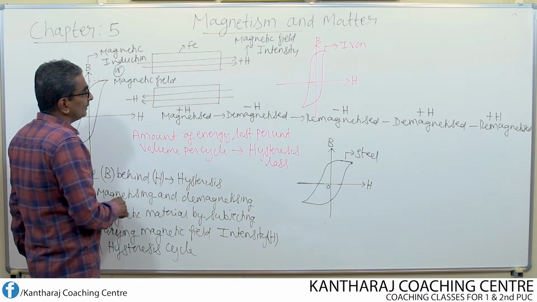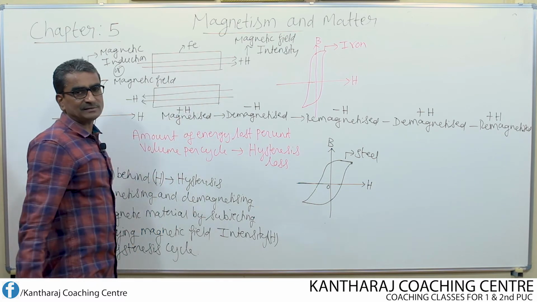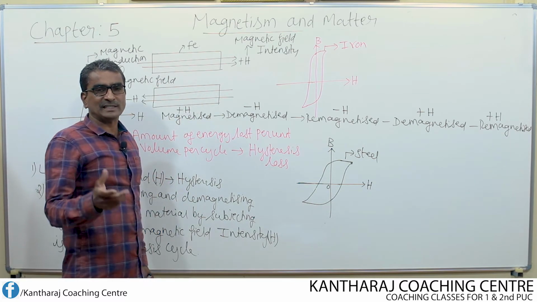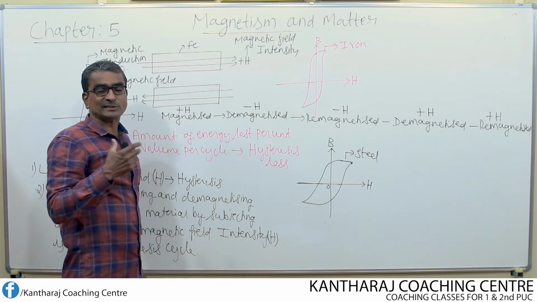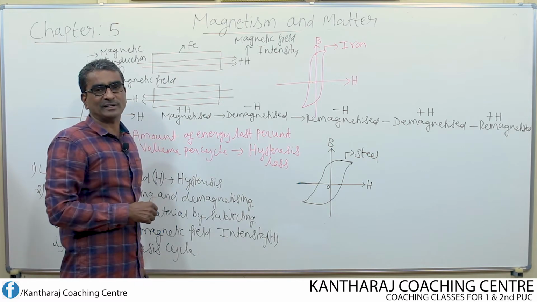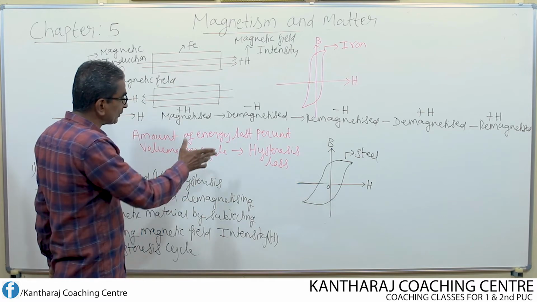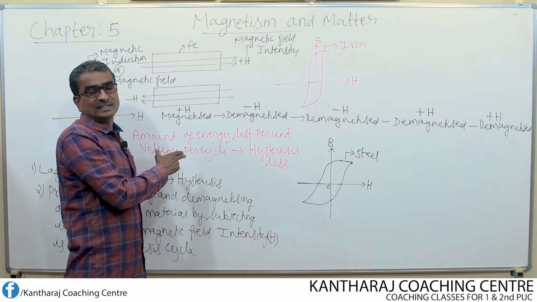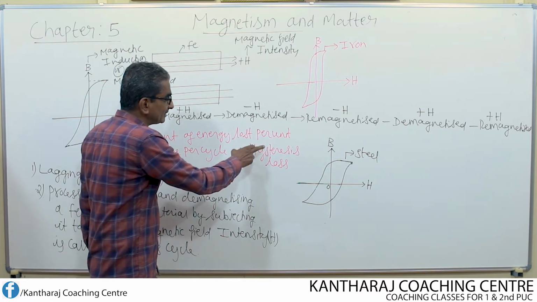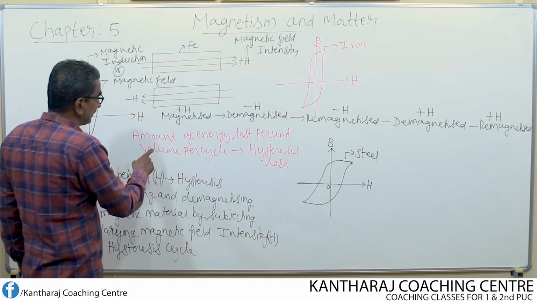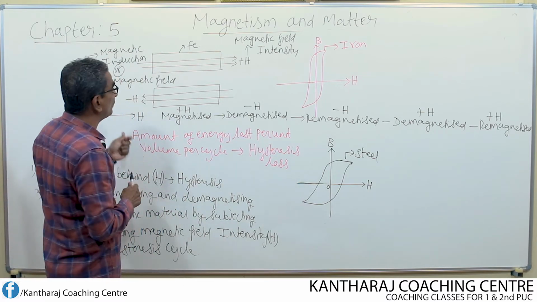Then suppose during the process of magnetization and demagnetization some energy is lost. What energy do we make use of? We make use of electric energy, because the material is kept inside a solenoid and current is passed through the solenoid. So the electric energy that is lost during the hysteresis cycle in the form of heat, which cannot be recovered back, is known as hysteresis loss. We have written the amount of energy lost per unit volume. What does it mean, per unit volume?